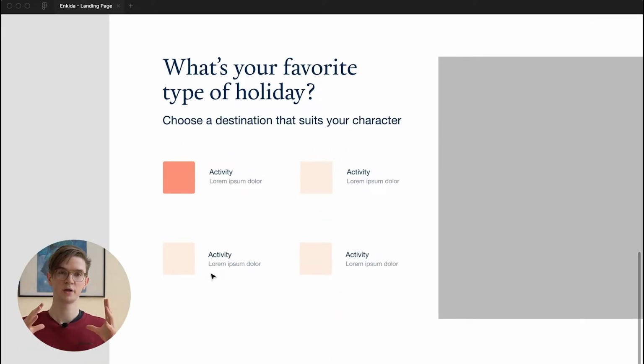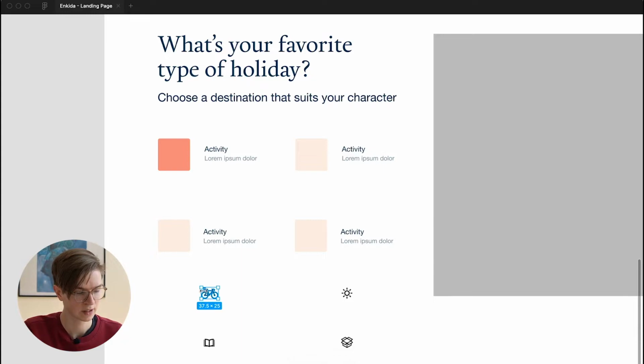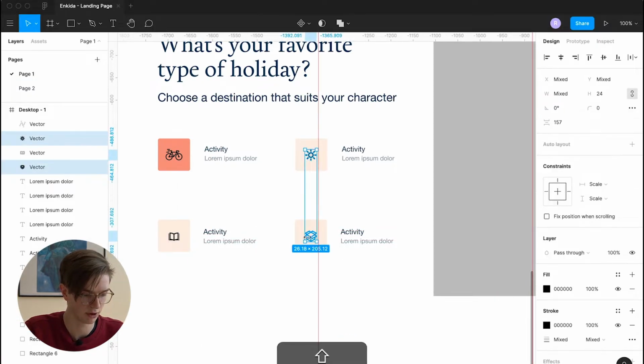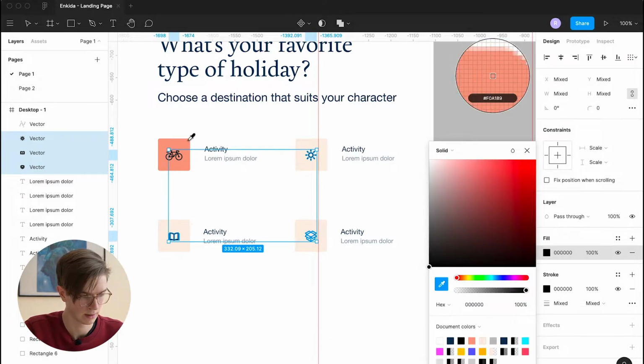And the next thing we can do now is add some icons to these rectangles, and in order to save time, I already selected some icons from iconmonster.com. You can take a look at them yourself if you would like to, and we will place these icons inside the rectangles like this. And I think for the default elements we could use the primary accent color,